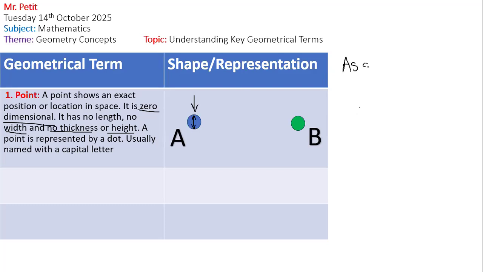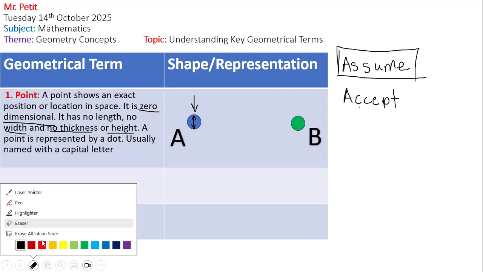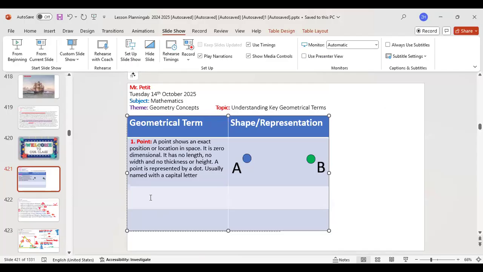So in our theoretical analysis, we assume that there exists something with these properties, and when we accept that, I guess we could call it an axiom, when we accept that there does exist something that's zero-dimensional, then we have all of these wonderful properties, and all of math begins to make sense, and we get to do really cool stuff with it. So some things you just gotta take by faith, and math is one of them. It's crazy, right? All right, that's enough of that. Two.